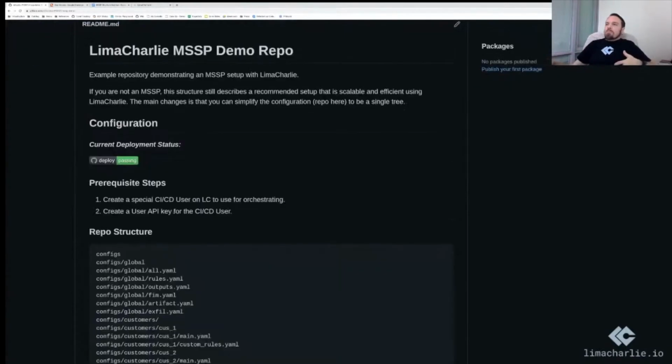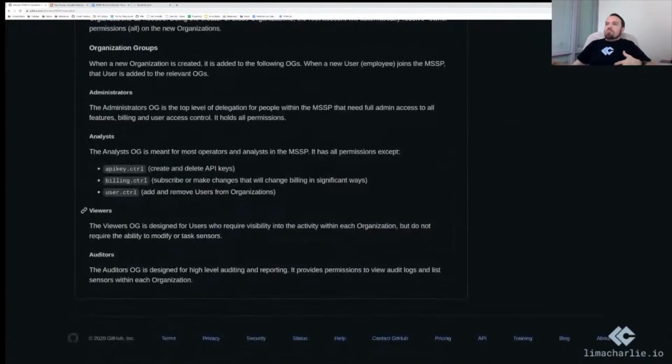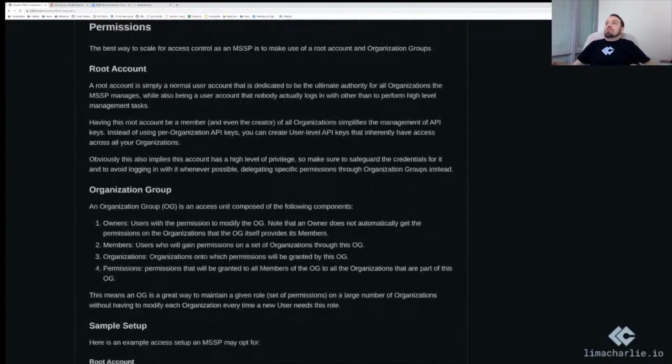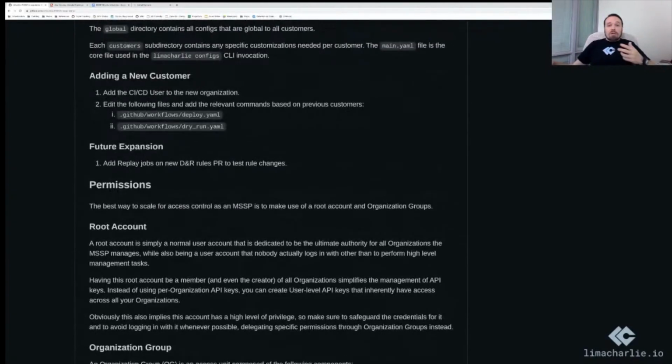We touched a little bit towards the bottom here on some of the things that you could add to get even better. Some of the people in LimaCharlie do really amazing things. One of those things that you can do is add more complex checks on your pull requests, right? Maybe now, when an analyst wants to add a rule,